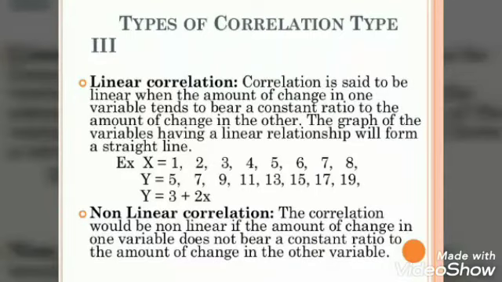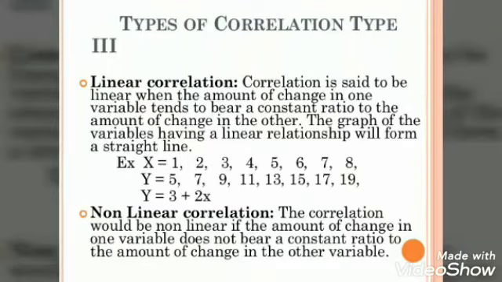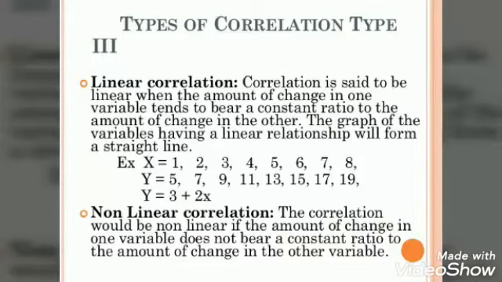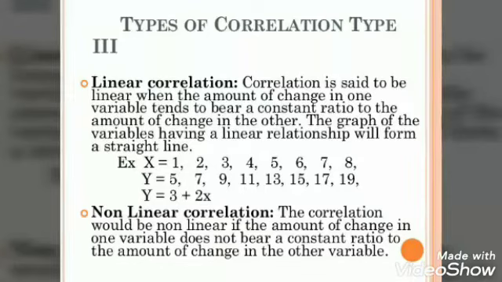When I am saying straight line relationship, it means, let's say, for every change in one variable by 2 units, there is a change in the other variable by 5 units. That means, say there are two variables, A and B, and variable A changes from 2 to 4, 4 to 6, 6 to 8, 8 to 10, 10 to 12 and 12 to 14. That means this variable is changing by 2 units, right?